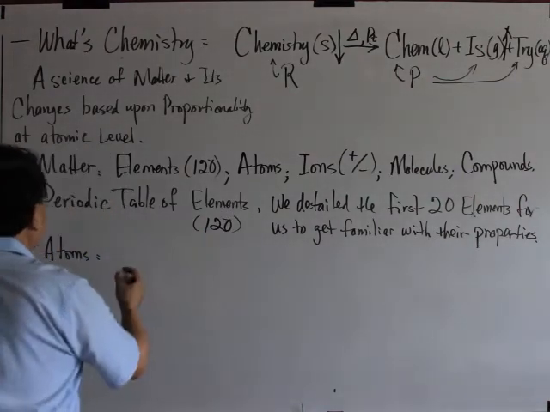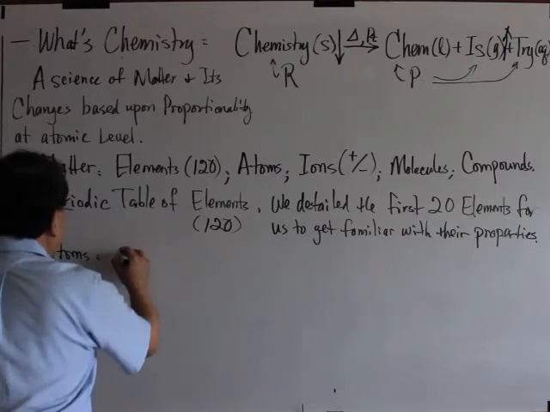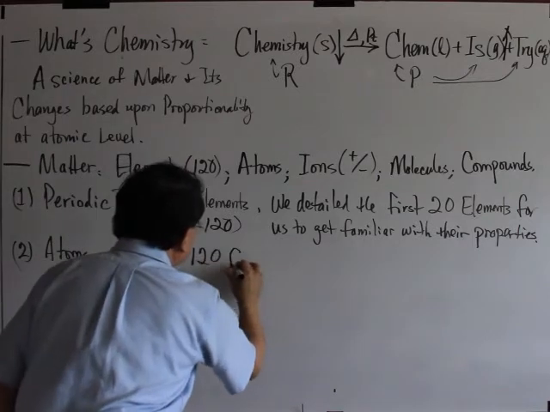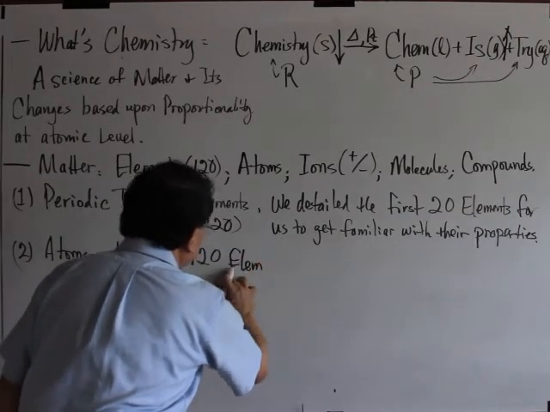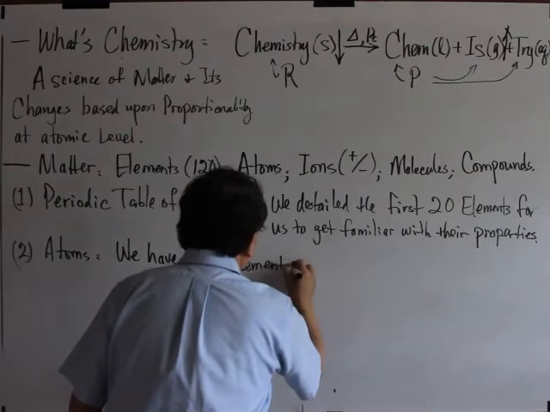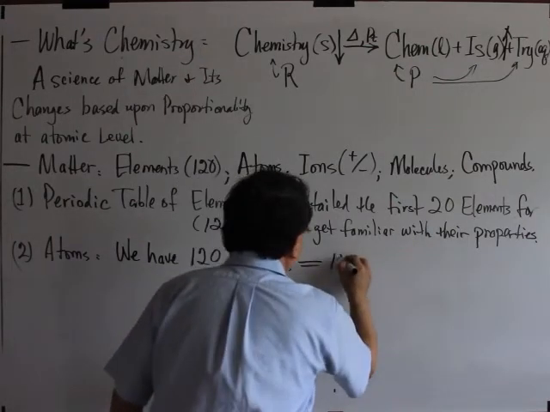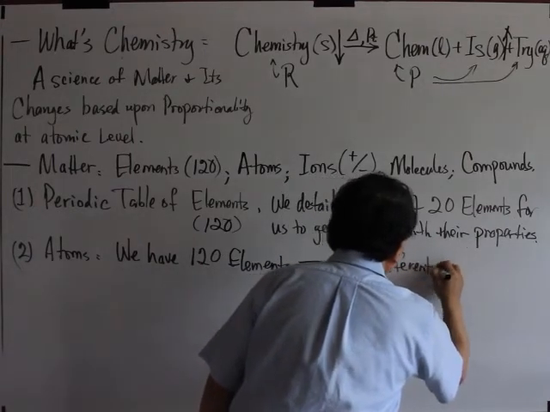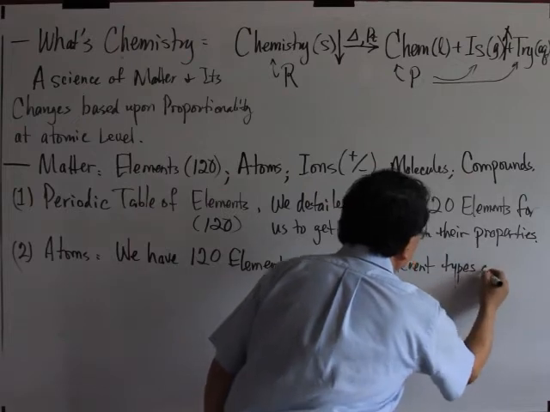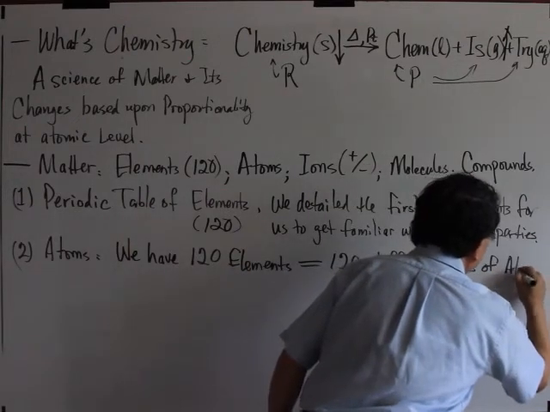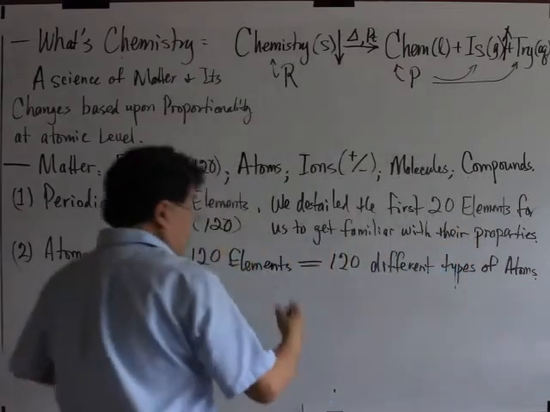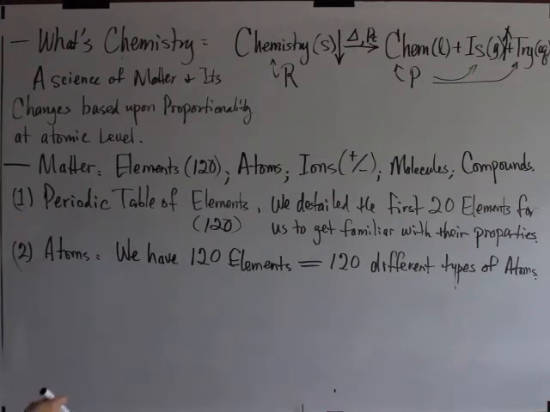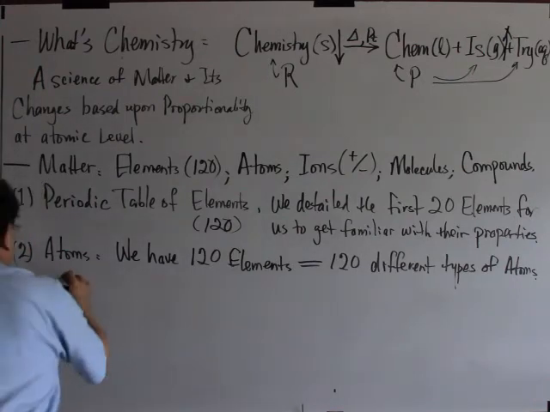Okay. So atoms, how many types do we have? We have 120 elements, right? If we have 120 elements, then we will have 120 different types of atoms. Agree? Each one type of atom belongs to one element, right? But then we already said